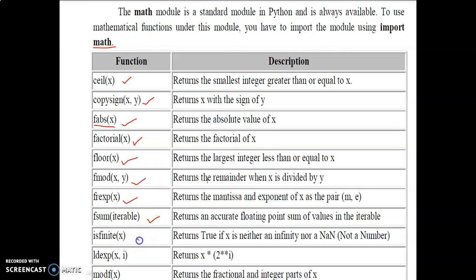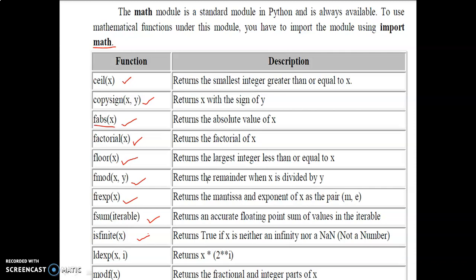And next one is isfinite of x. This checks whether the x value is an infinite value or has some value. If the value is a finite value, it returns true.